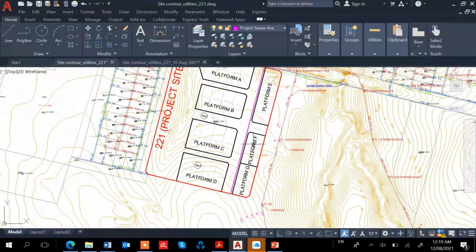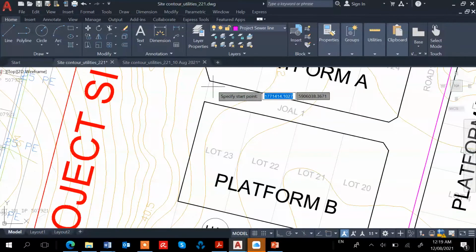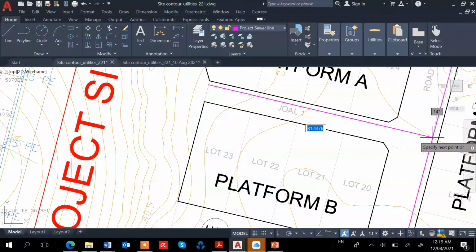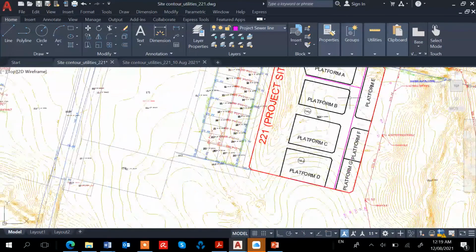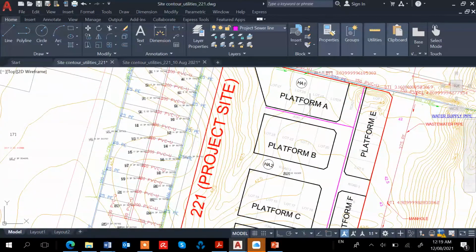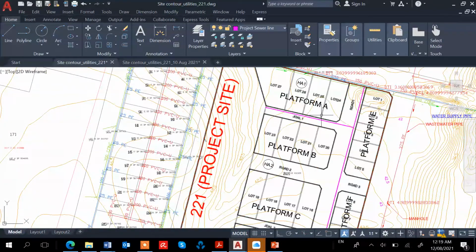So there'll be a line here, and another one, let's say from here, somewhere along, it could be below the rods. So I just use near, NEA, at the point parallel. We put the sewer line parallel to the rod. Okay, and so this line will serve the lots in platform A, and